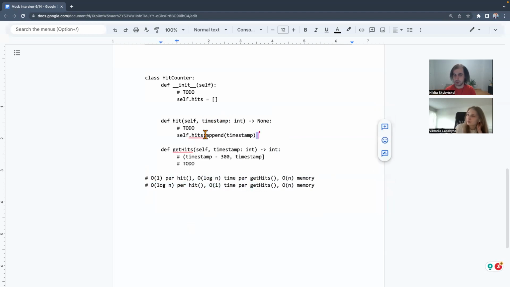Yeah, well, it's going to be log n, but n is going to be smaller normally here, right? Because we don't store all of them. So it has the potential to be smaller. It doesn't have to be smaller. If all our timestamps are within 300 seconds, then it's going to be log n, but it can be smaller. And it's also bounded by 300. Let's not dive too deep into the details of which n is smaller.